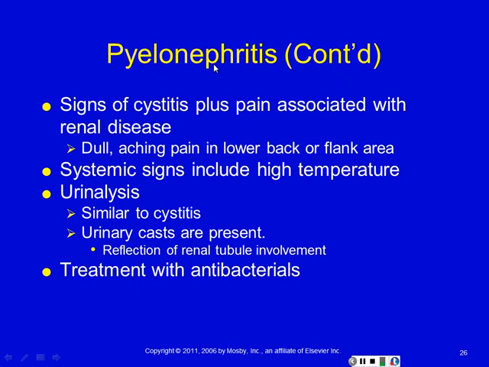All right, so the typical signs for pyelo are cystitis plus that flank pain. People will point at their sides, and then systemic signs that includes a high temperature, and oftentimes the temperature will go up and down, but it gets significantly high. So treatment is with antibiotics. In all but the mildest pyelonephritis, we're going to treat with IV antibiotics, at least at first, because we want to make sure that we kill those bacteria as quickly as possible to prevent renal